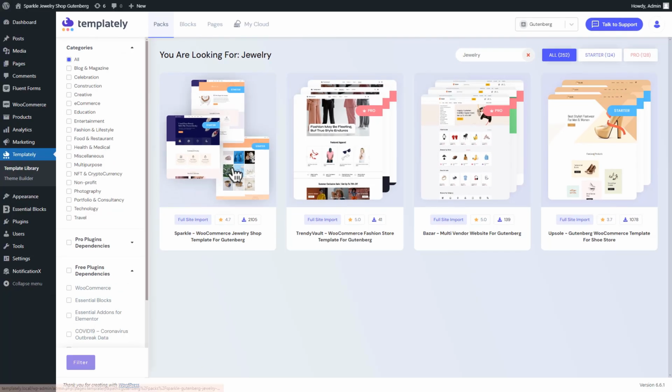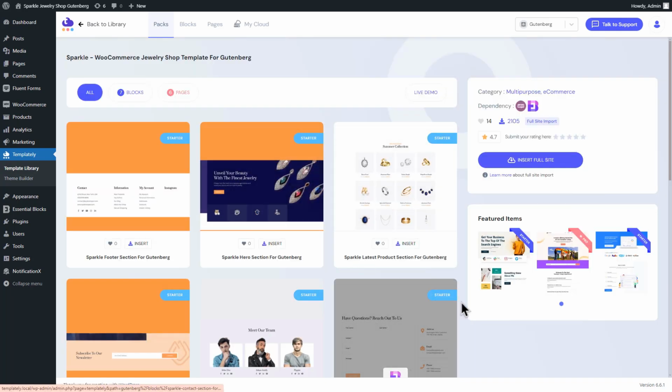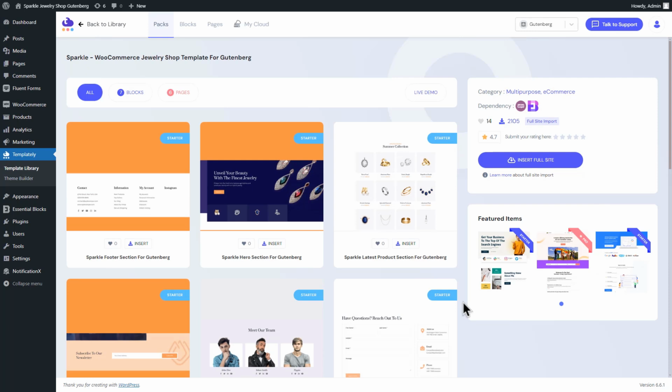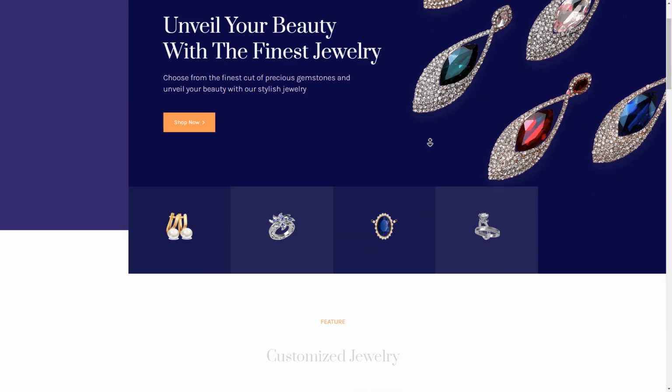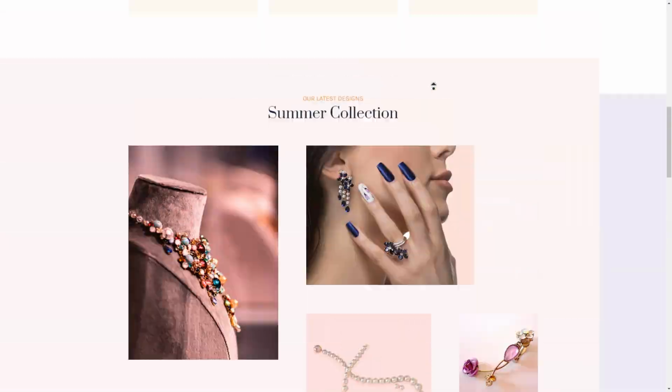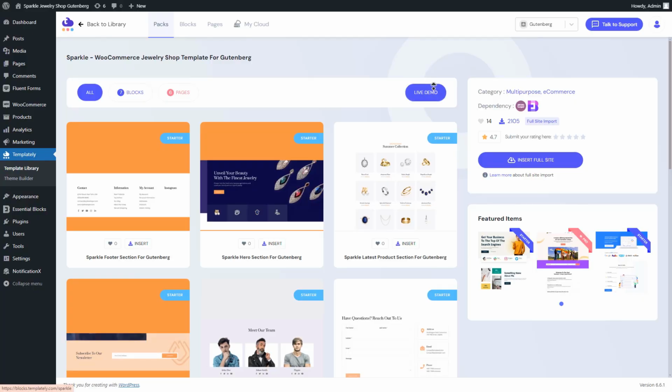In this video, we have chosen Sparkle, a starter WooCommerce jewelry shop template for Gutenberg. You can now explore all the blocks and pages of your selected template. Click on the Live Demo button to explore through a preview. Once you've decided to use the template, click on the Insert Full Site button to use the entire template for